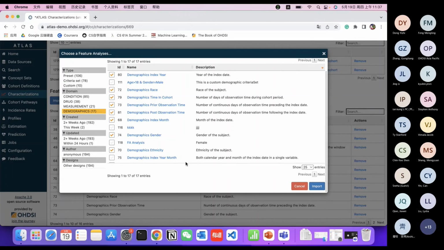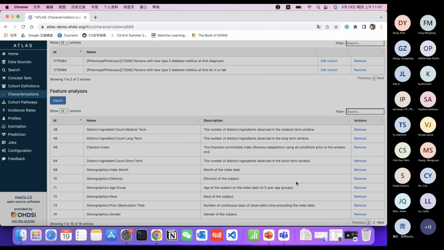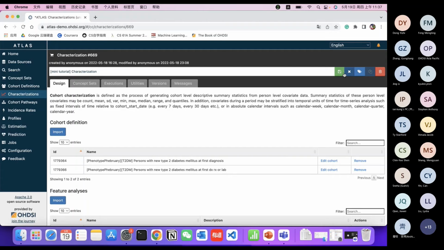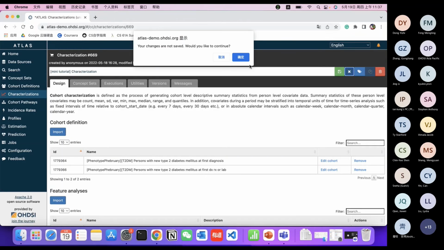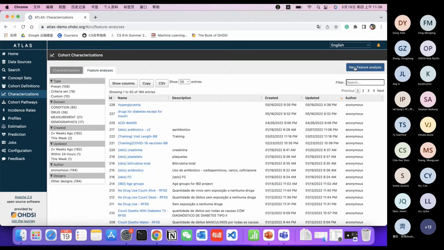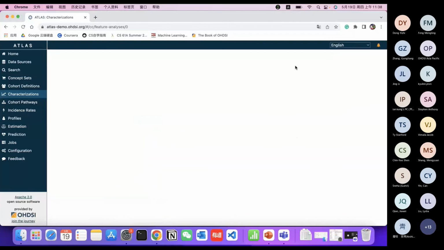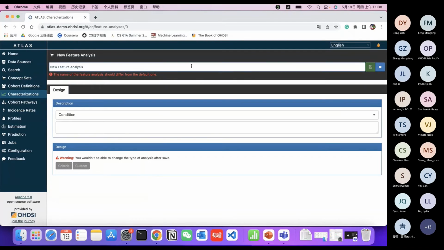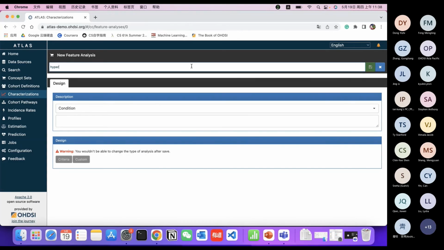And besides those built-in characteristics within Atlas, we can also create our own features. So let's just exit directly. So we can go to this feature analysis type here to create new features. For example, I'm interested in comparing the hyperglycemia that happened after the diagnosis of type 2 diabetes within my cohort. So I will name it as